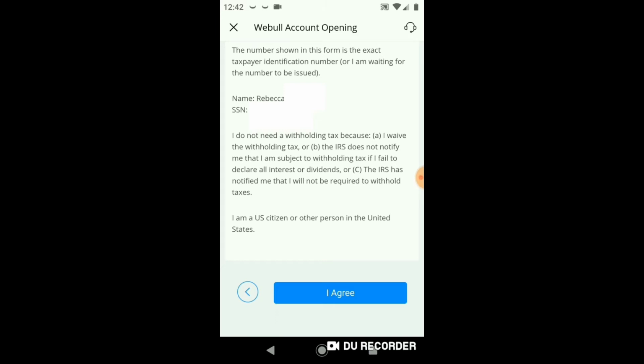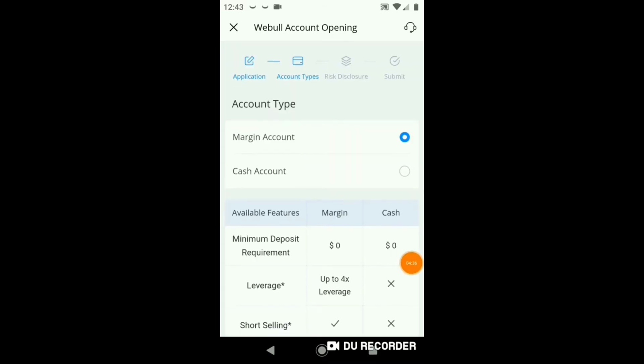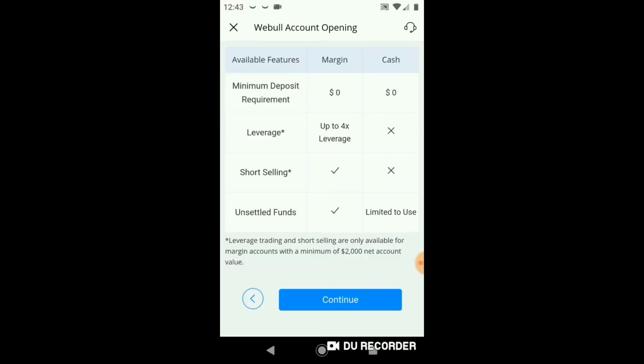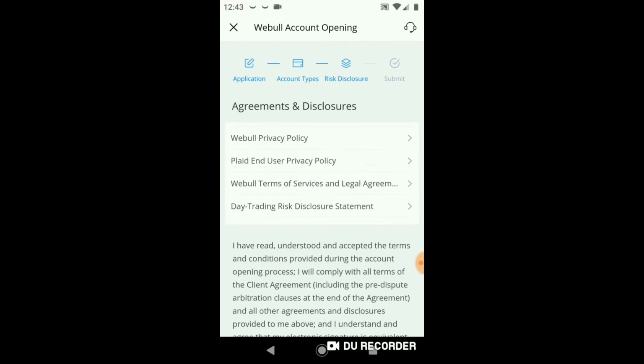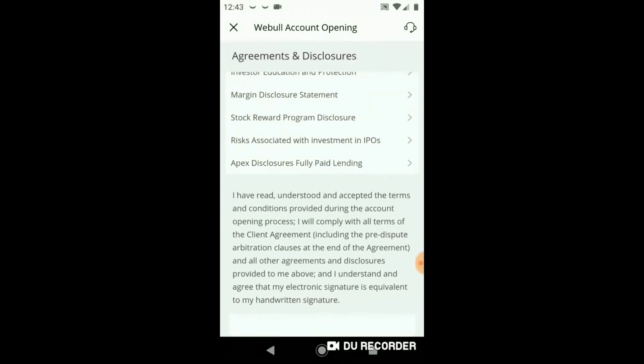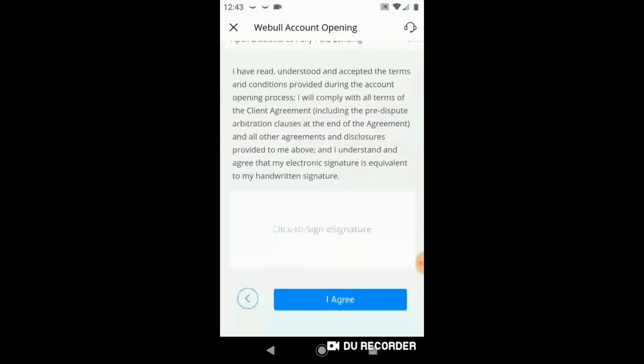If you want to use Webull, it looks like you need to be a U.S. citizen. I agree. I'm going to get a cash account. Those are their features. And then I'm going to continue. All the agreements and disclosures. Oh, there's so many. So I'm going to have a look at this, and then I will sign off and